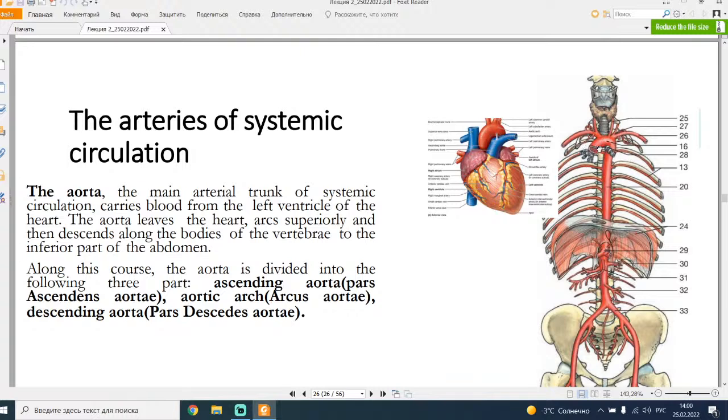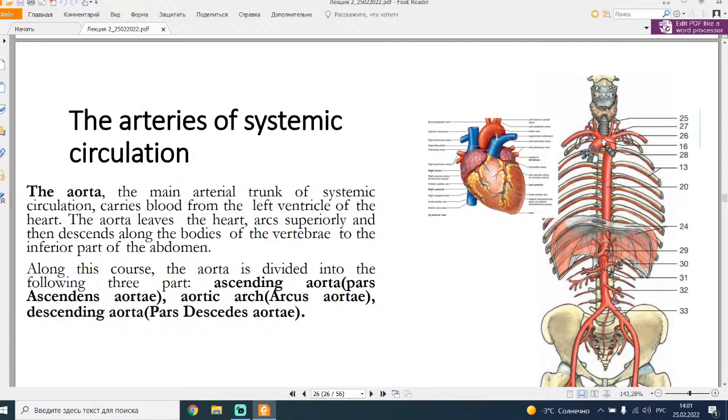This is the ascending aorta, arch, descending aorta along the bodies of the vertebrae to the inferior part, the abdomen. Along this course, the aorta is divided into the following three parts: